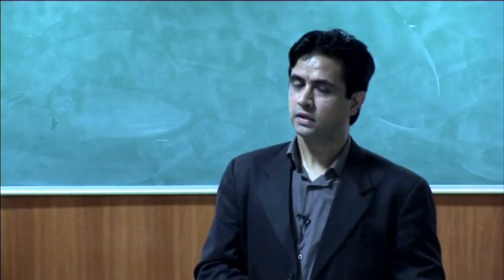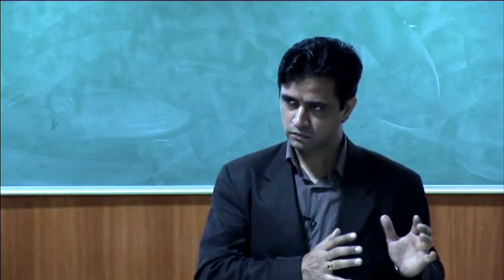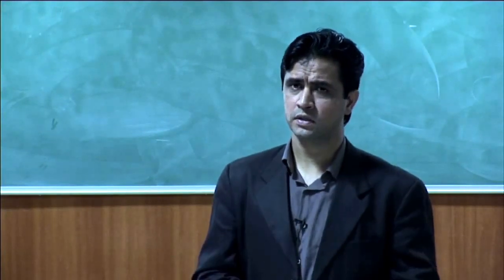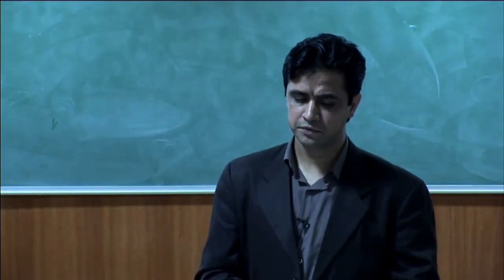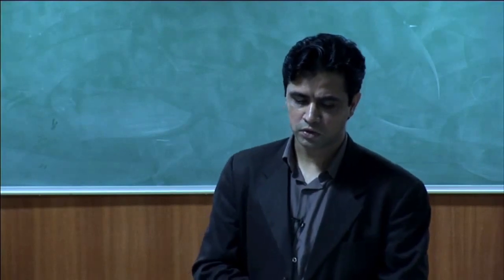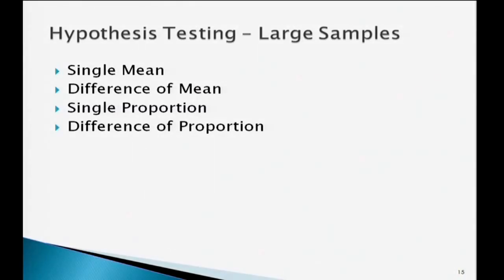Then single proportion says, from the total population, say you have a certain characteristic of interest, say if you are talking about faulty items, you have a sample of 100, and out of 100 there are 2 items that are faulty. So, 2 by 100 is the proportion of items that are faulty. Is it the same proportion out of the total lot or not? So, we may like to see whether 2% out of the total can be faulty or not.